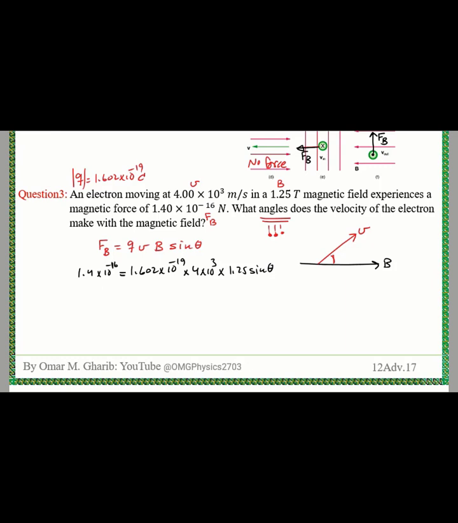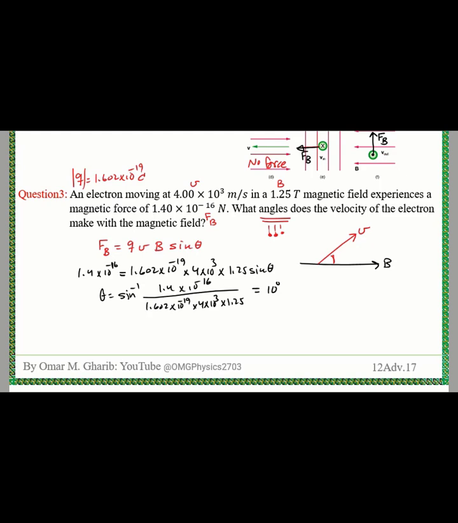Theta equals sine inverse of 1.4 times 10 to the minus 16 divided by 1.602 times 10 to the minus 19 multiplied by 4 times 10 to the 3 multiplied by 1.25. The answer would be 10 degrees. Okay. But we have another angle